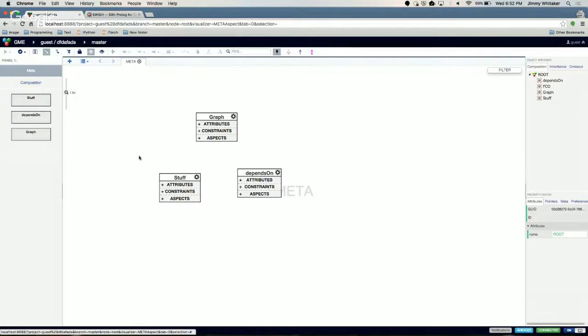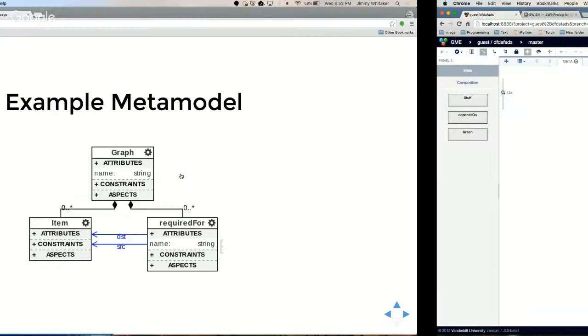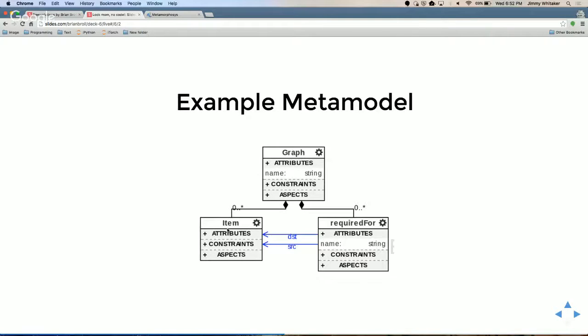I'm just doing like the worst presentation. Okay, we're going to jump over. So we have stuff. All done. And then we have some relationship that's saying the dependency, required for or depends on. And then we have a container that holds all of this. And this basically defines the nodes that are going to be used in our metamodel.